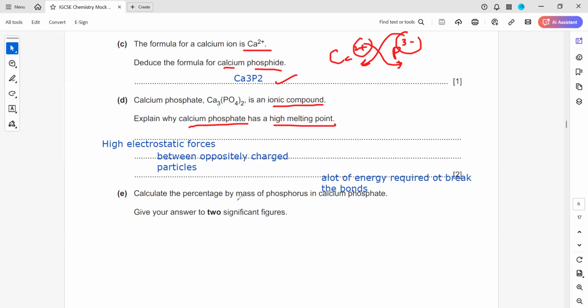Next, calculate the percentage by mass of phosphorus in calcium phosphate. So if you need the mass,